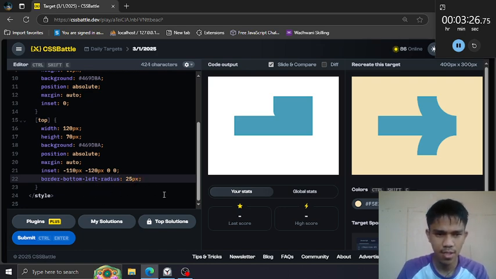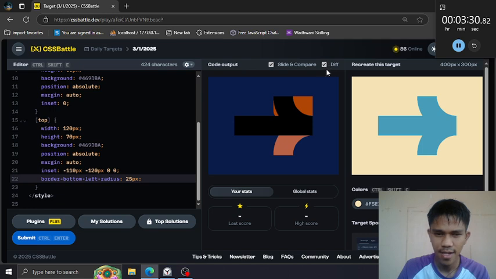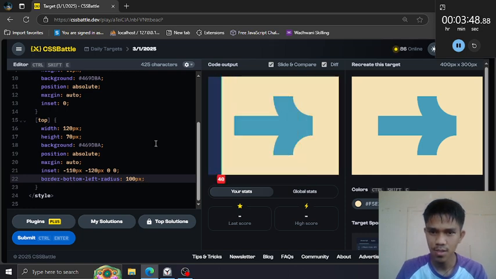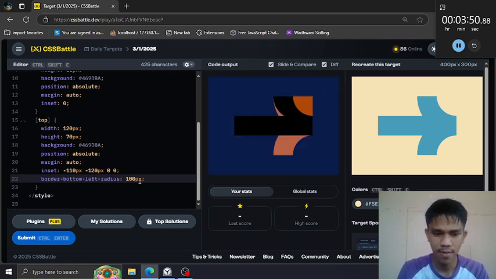Okay. Look, why is it not showing? Okay, it is showing. Alright, percentage. Pixel is too fine. 100 pixel, it's too much. 70.